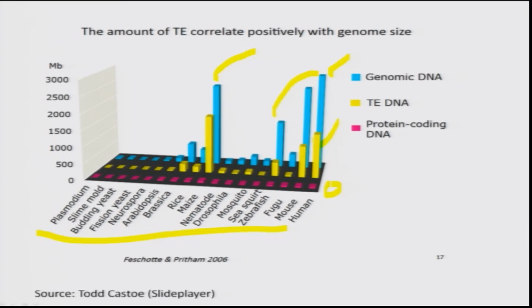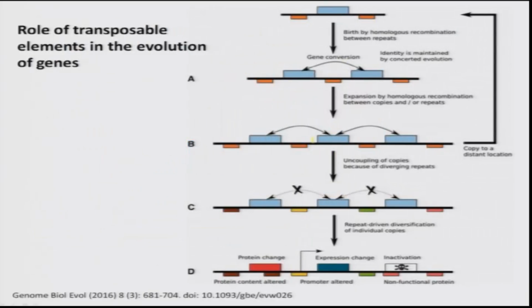These are unique to humans, you don't have them in other species and so on. So that really changed. As I told you, the transposable elements can seed some evolution. At times it can land in a gene and affect the gene function, which can result in a disease or the individual not surviving, but it can also help the genome to survive. One of the ways by which it can help the genome to evolve is by